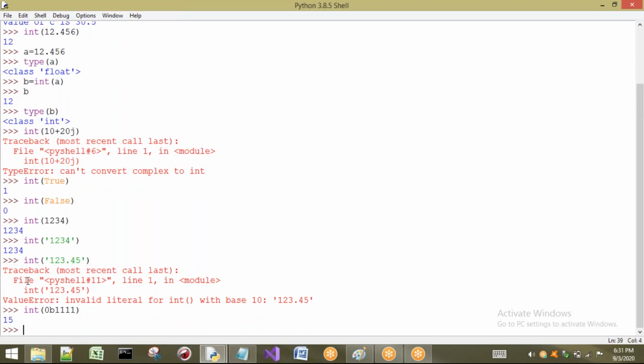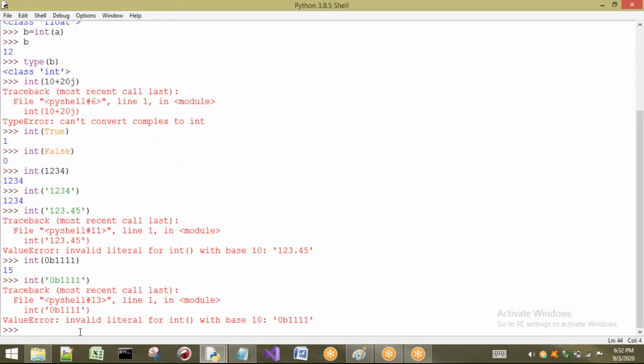Sorry, here I have converted what? int of 0b1111, that is nothing but a normal int conversion. But if I want to take a string, and I have not taken a string, now see, '0b1111', is it possible? What I have discussed here, if you want to take any string, that should be only in a fixed point number type and also in decimal form only, but it is in which form? Binary form. So the output will be an error, ValueError.